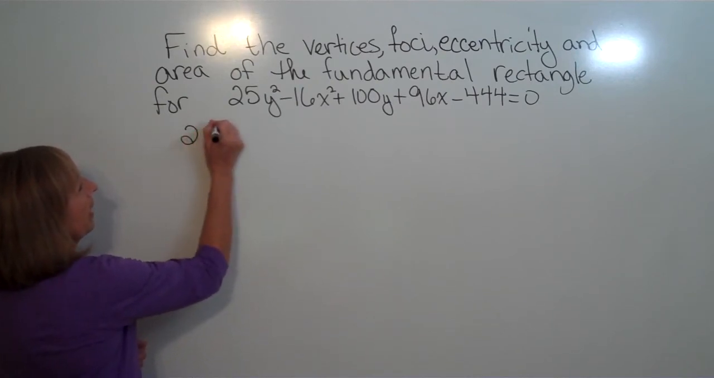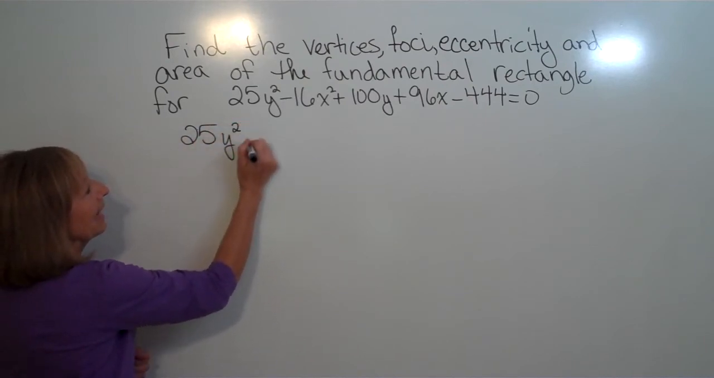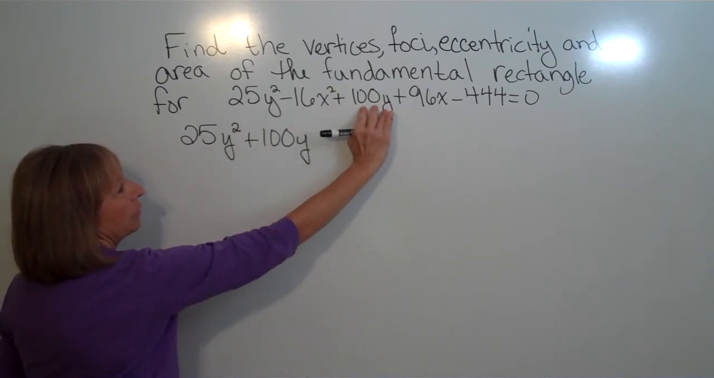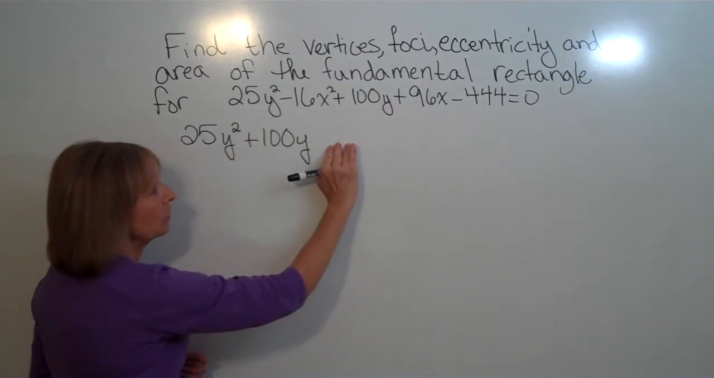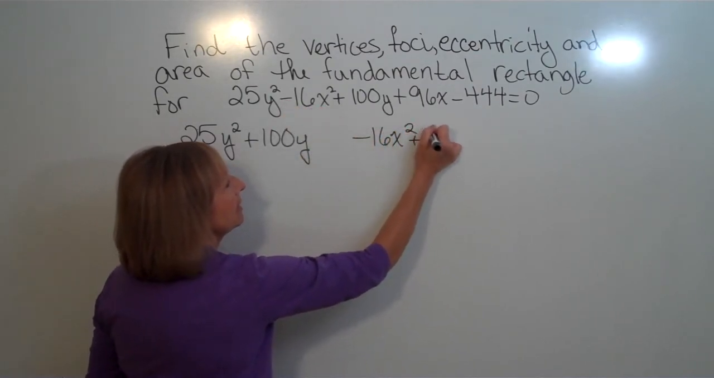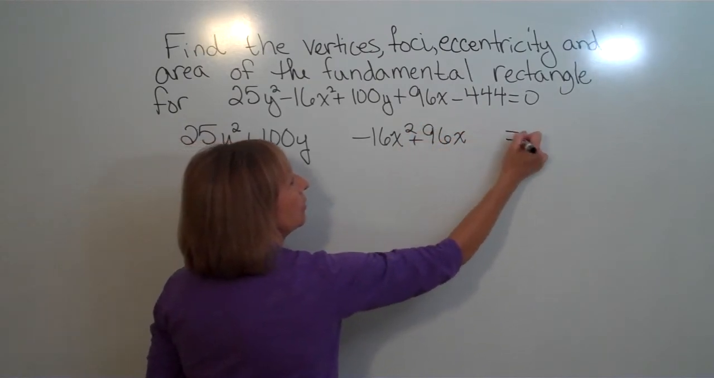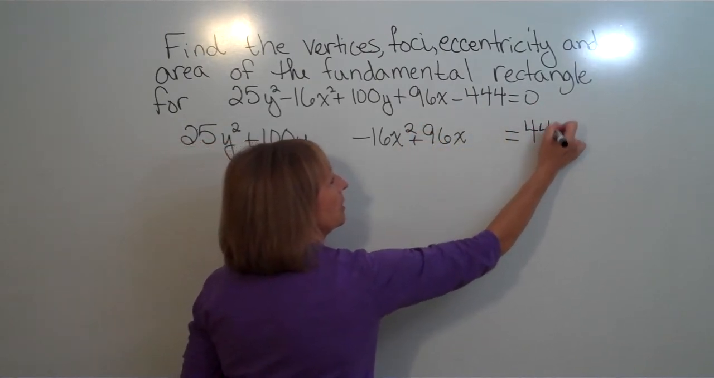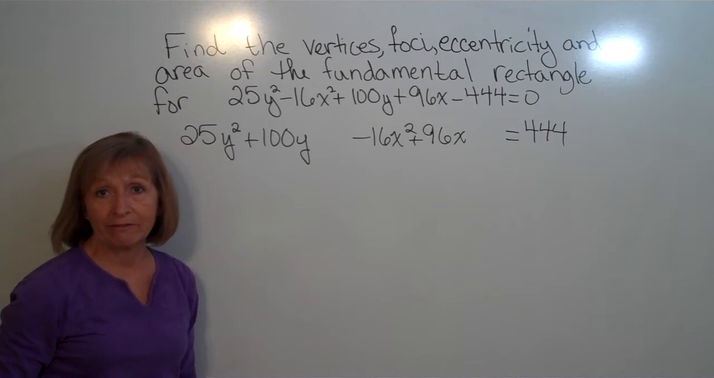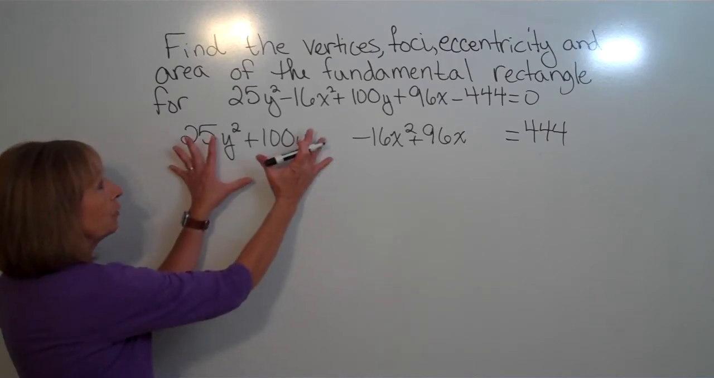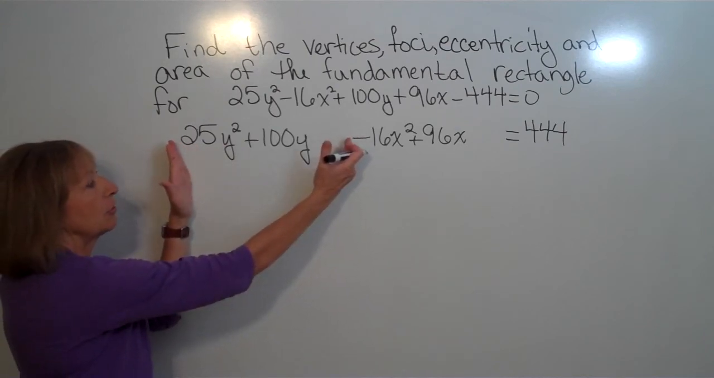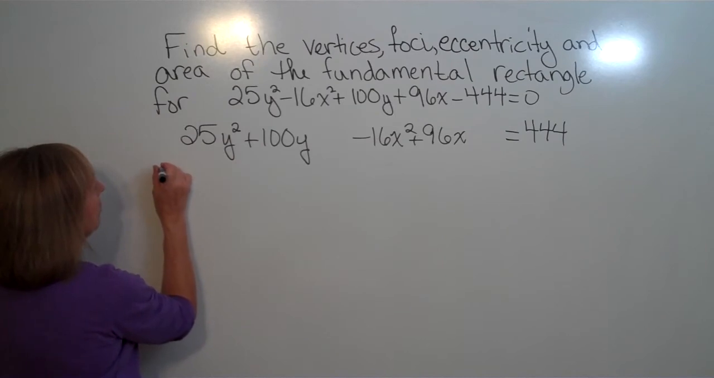So we're going to start by writing the terms that have the same letter in them next to each other. So I'll do the 25y squared plus 100y, leave space for completing the square, then minus 16x squared plus 96x equals, and we're going to add that 444 to the other side. Now, to complete the square, we need a coefficient of 1 in front of our square term. So for each of these, we're going to factor out whatever the coefficient of the first term is for the terms with the same letter. So we're going to factor out a 25,